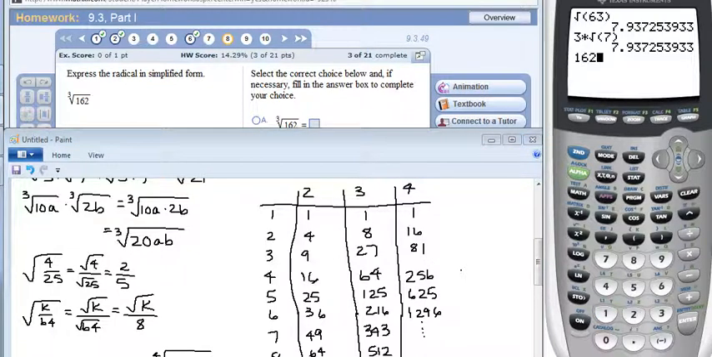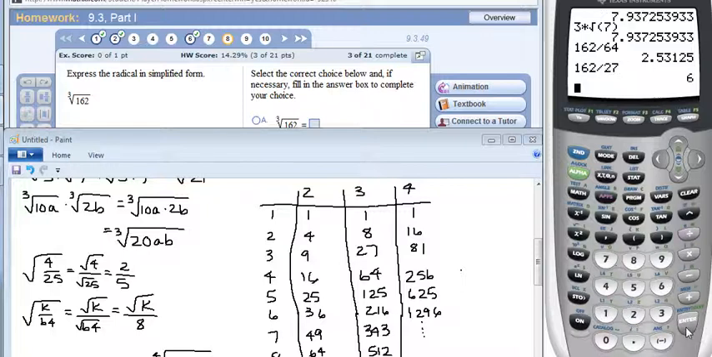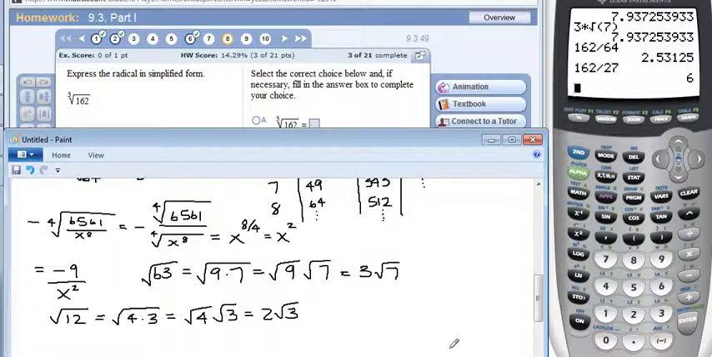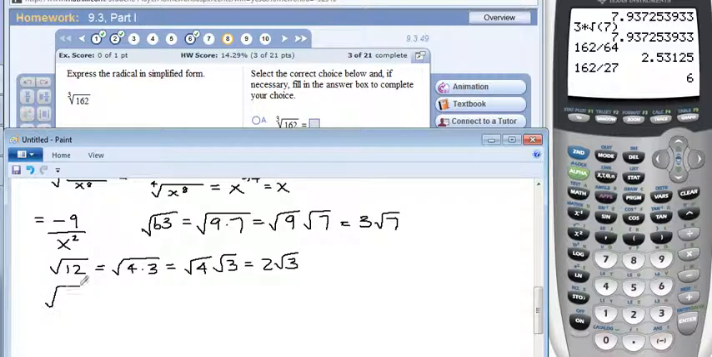So I'm going to take the 162 and divide it by 64. Nope. Then I'm going to take the 162 and divide it by 27. That's my next shot. Oh, there it is. So 162 is 27 times 6. That's why this chart is super helpful. So now I have the cube root of 162 is the same thing as the cube root of 27 times 6. Now I can split each into their own cube roots